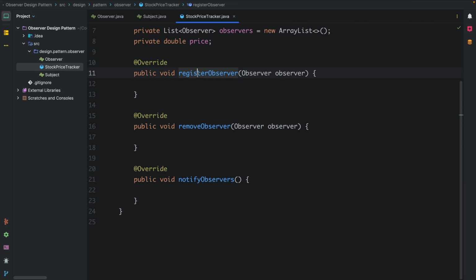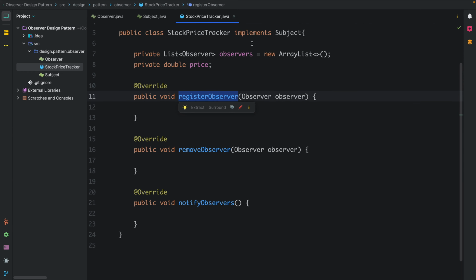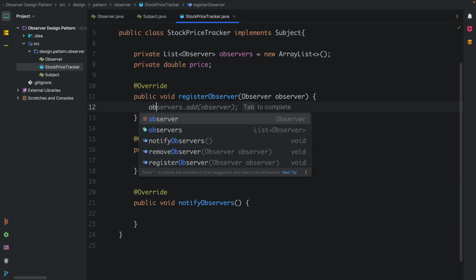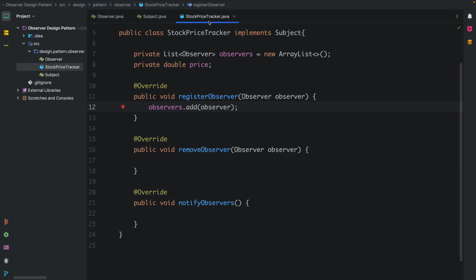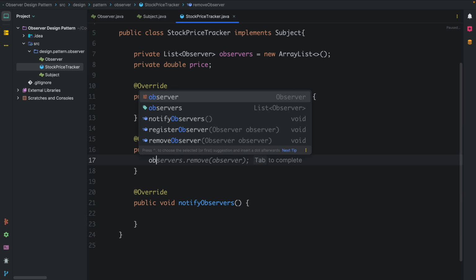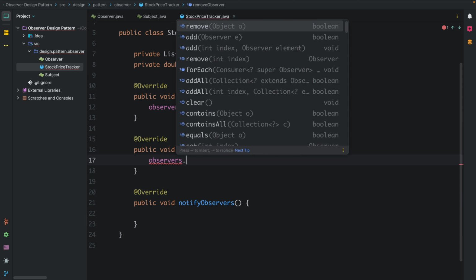And these methods, register observer means we need to add our subscribers or observers in this list, right? So whenever this function is called, we will be passing the observer in this method, and finally we will be adding that observer into this array list. So basically stock price tracker will be keeping the references of all the subscribers, and as per requirement, if we need to unsubscribe any of the observers, we have this method,